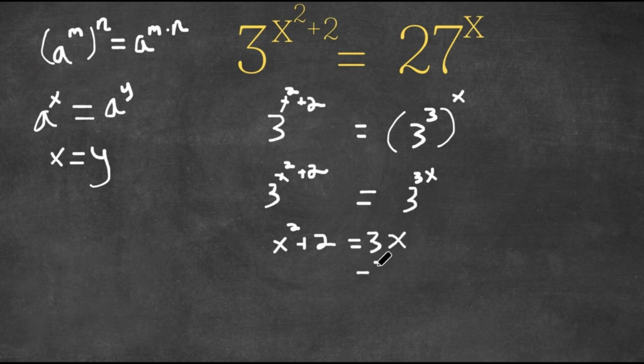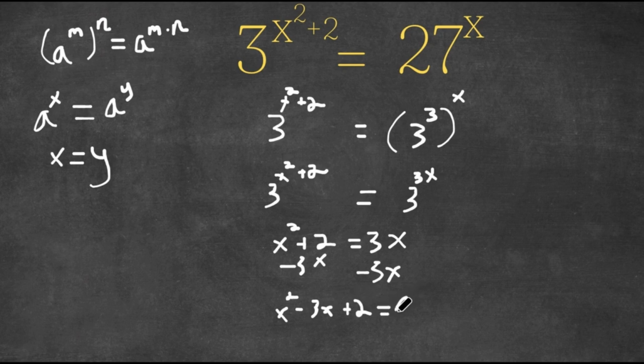So now if I subtract 3x on both sides, I get x squared minus 3x plus 2